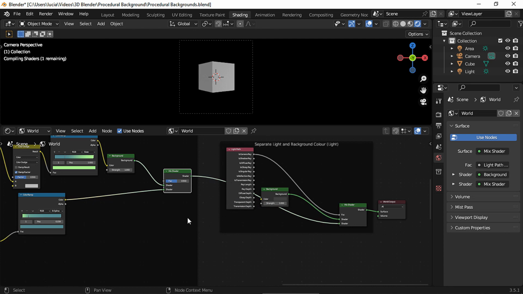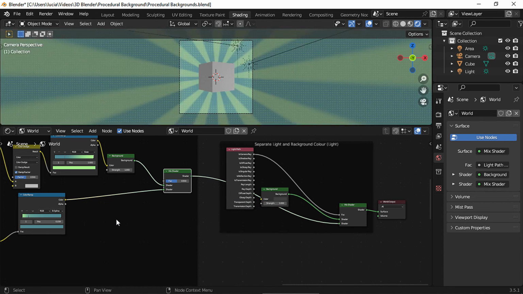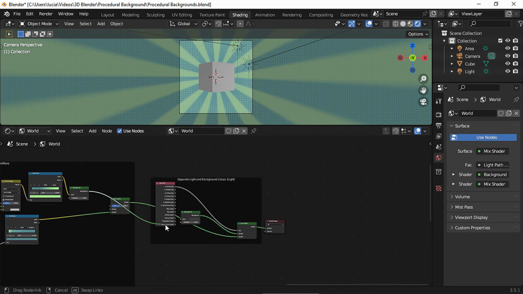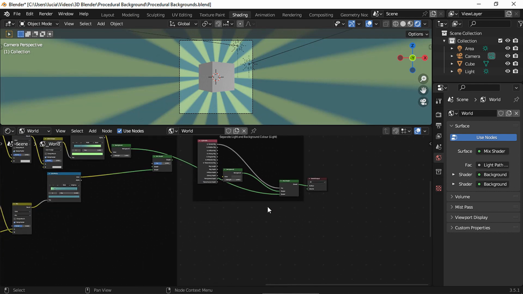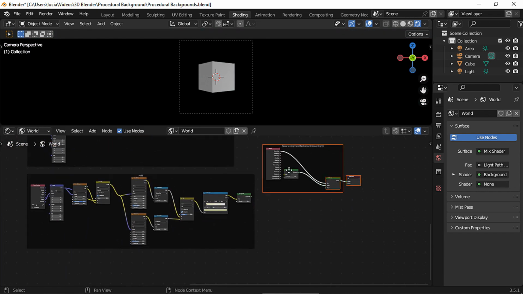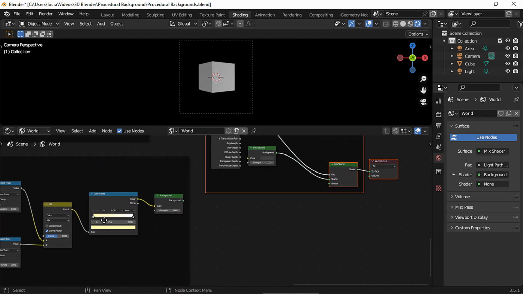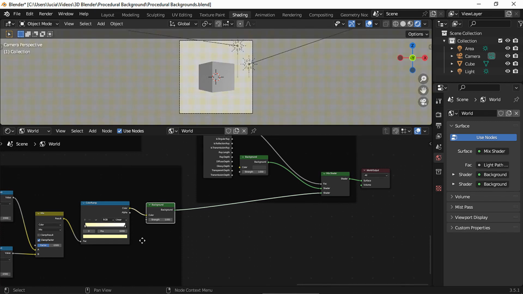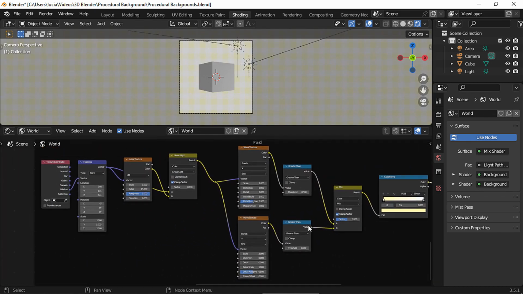And remember, you could only use the spiral lines without the dots as well. And finally, the plate background. And you could unplug these nodes to get sharp lines.